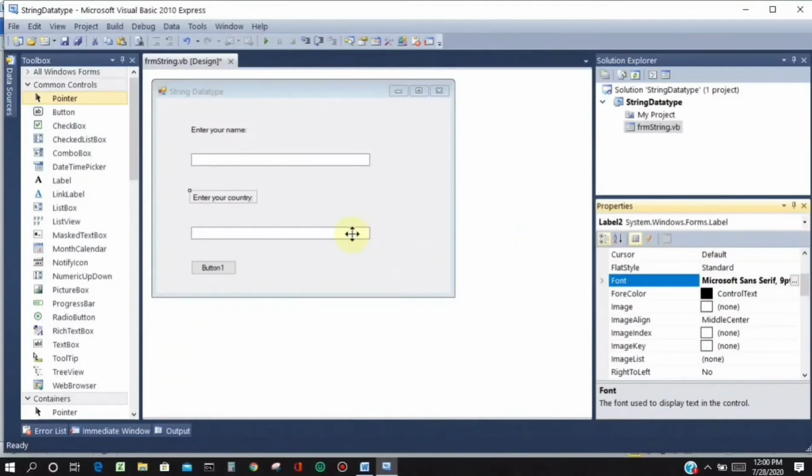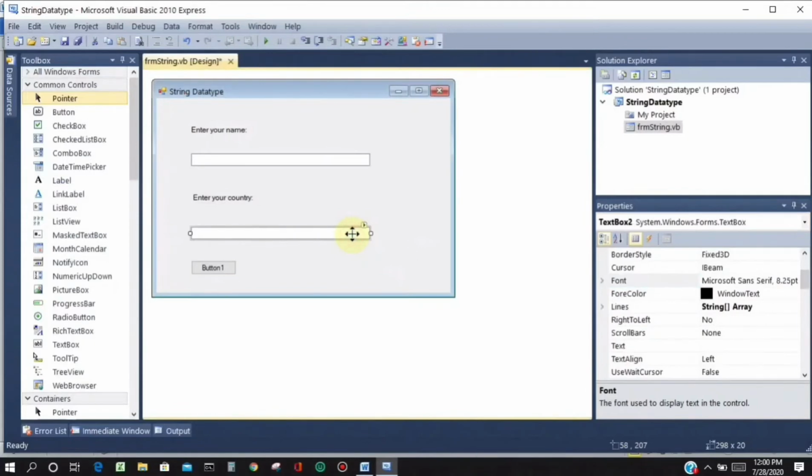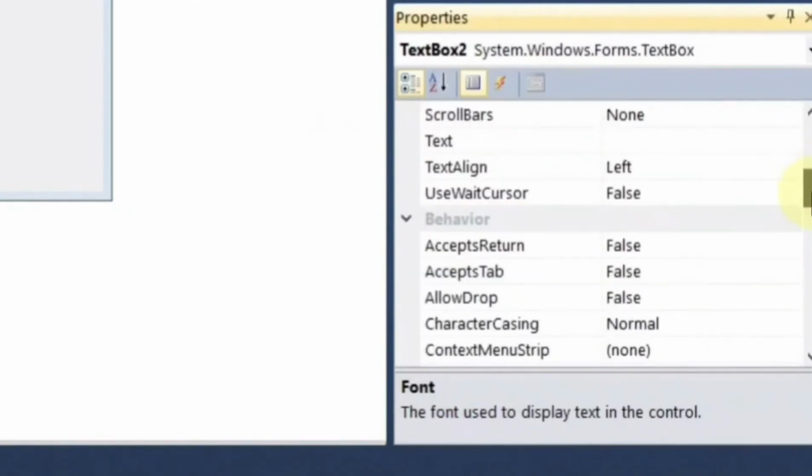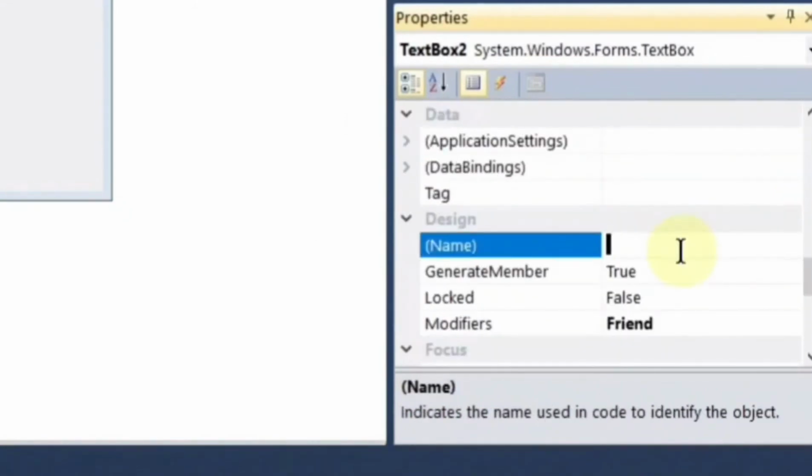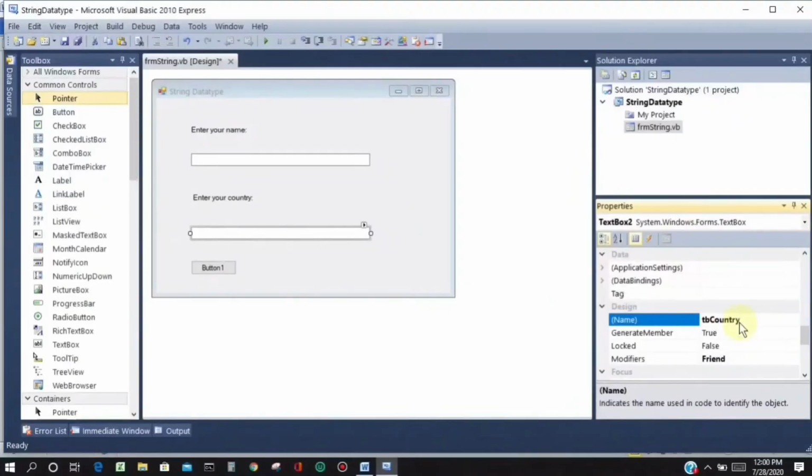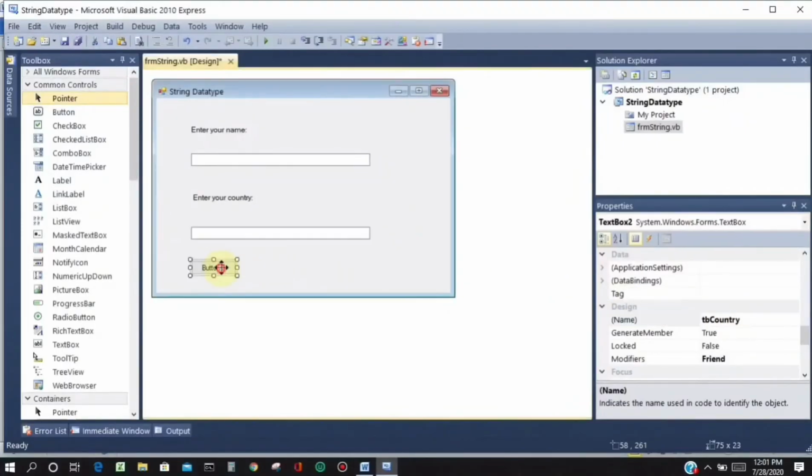We will go to text box number 2. So make sure that you have selected text box number 2, and then go to the name property of the text box, and then type TB country, then press enter. And the last one is to click the button, go to the property, and then locate the